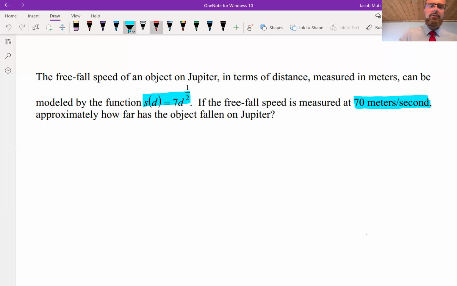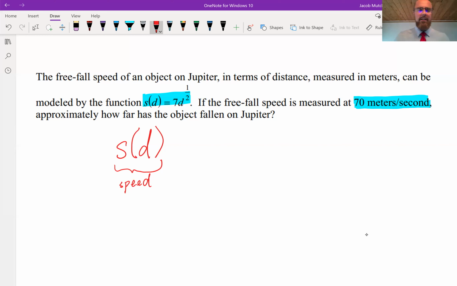So again, I'll just write this larger, s of d, which is the free fall speed. So I'm going to start labeling. This is the speed. When I drop an object, and this is on Jupiter, so I drop, I don't know, my car keys on Jupiter and they're falling down, that's their speed. The way I'd find the speed is multiply 7 times d to the power of 1/2, and that d, I'm told here,